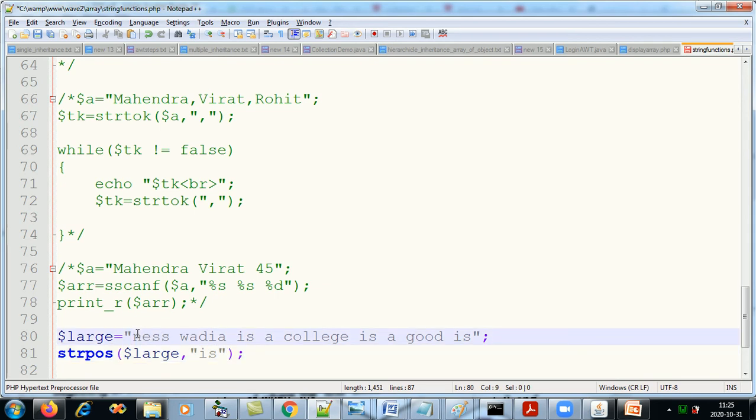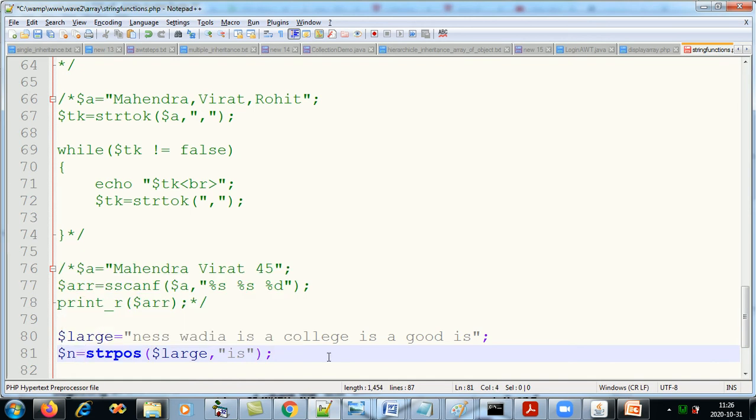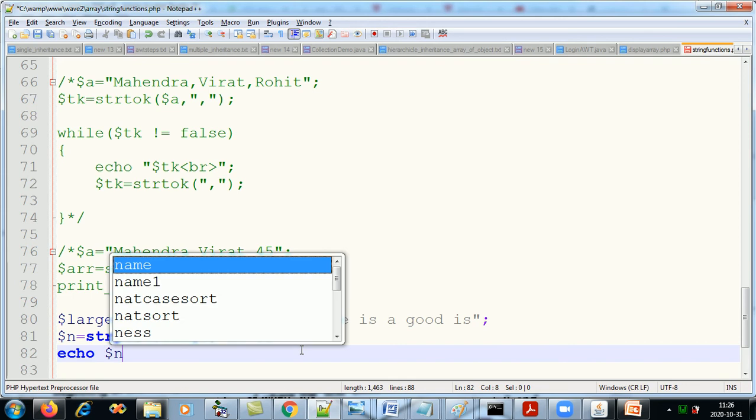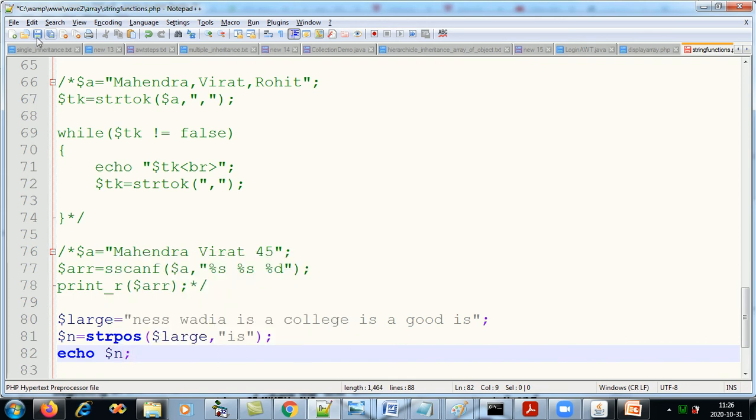Counting from the first character, 0, 1, 2, 3, 4, 5, 6, 7, 8, 9, 10, 11. At the 11th position I'm getting my first "is", so this will return 11. That will go in the variable $n, and if you echo $n, this should ideally return 11. Let's try this.